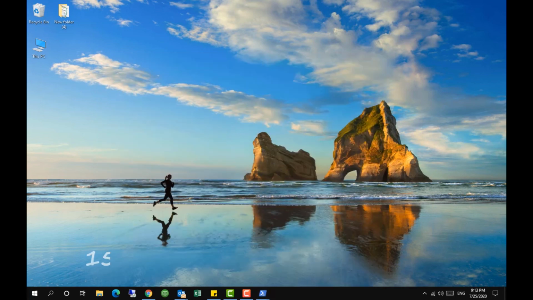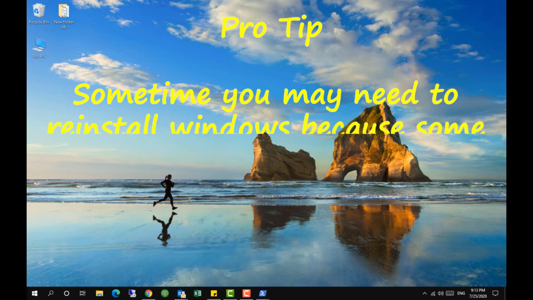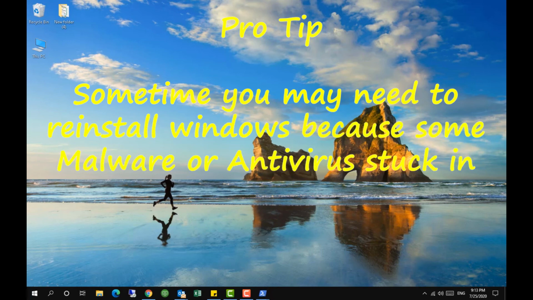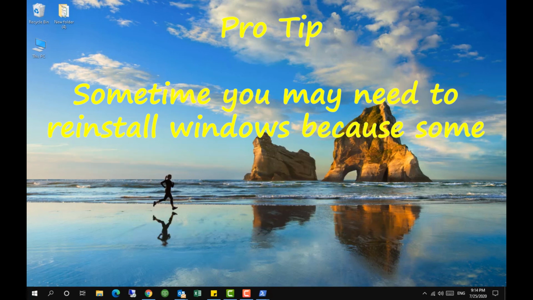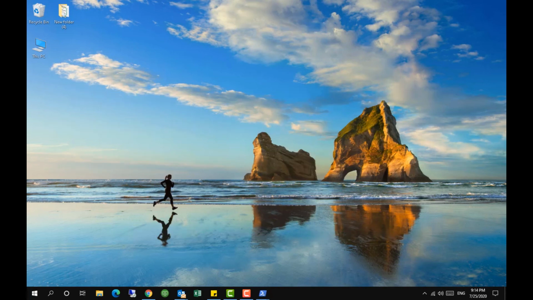The last and final tip we have is restart. If everything else doesn't work, then this is the best option that you can go with. And remember, this restart is different from shutdown. Basically in Windows 10, when you shut down your system, Windows automatically creates a hibernate file and it takes a snapshot of your different programs and processes. So next time when you start Windows, it boots up quickly by using that snapshot.